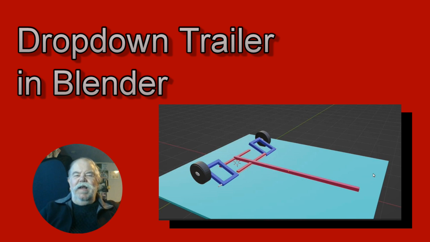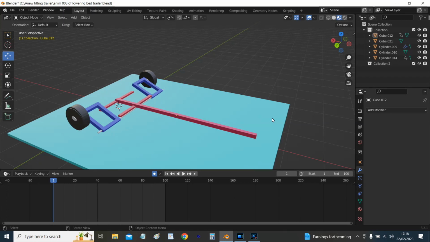So, as you know, I love working in Blender. The animations are fantastic. So let's have a little look at what Blender can do for me today. Here we are in Blender